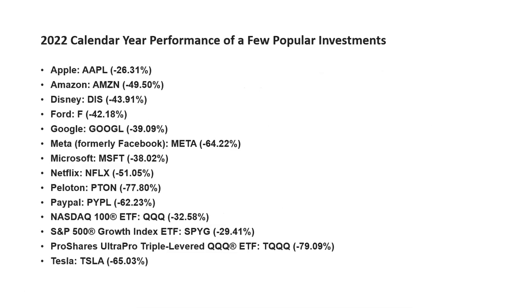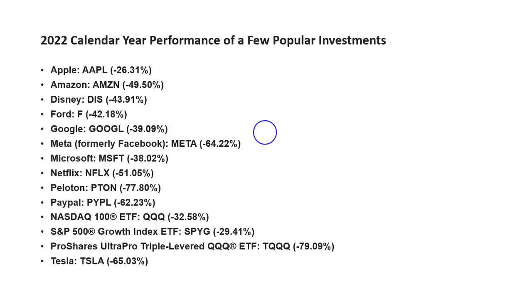Now let's review the performance for a few popular investments for calendar year 2022. And what we can see here is that Apple during 2022 was down 26.31%. Amazon was down 49.50%. Disney down 43.91% for calendar year 2022. Ford was down 42.18%. Google down 39.09%. Meta, formerly known as Facebook, down